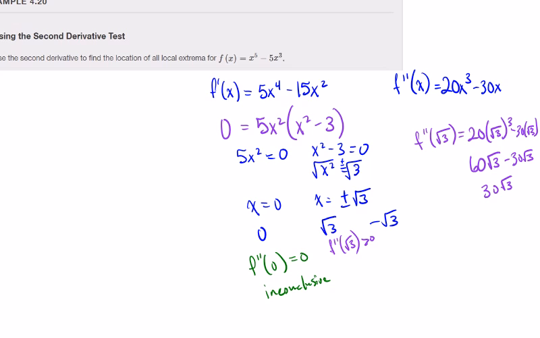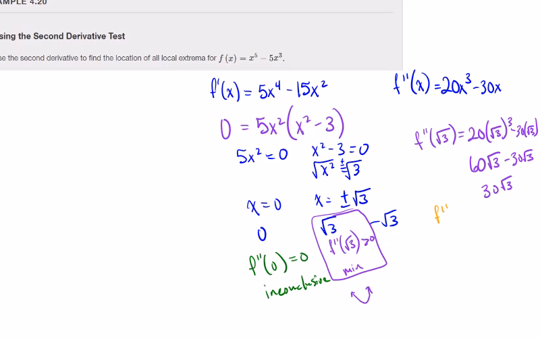So that's going to be greater than 0. And so that means we have a minimum, right? Remember, if it's greater than 0, that means it's concave up. And so that means it's going to be a minimum. Okay, so we have a minimum at square root of 3. And then the last one, let's check out